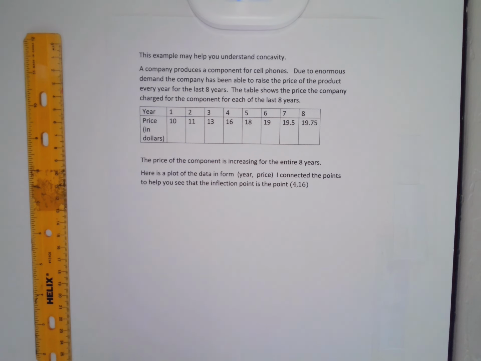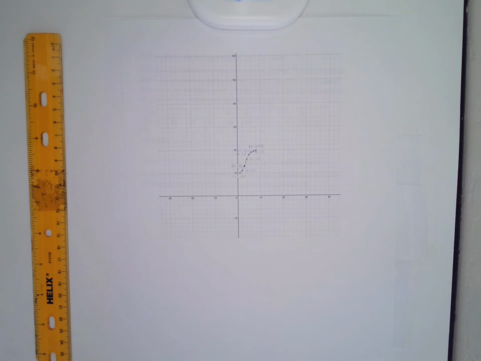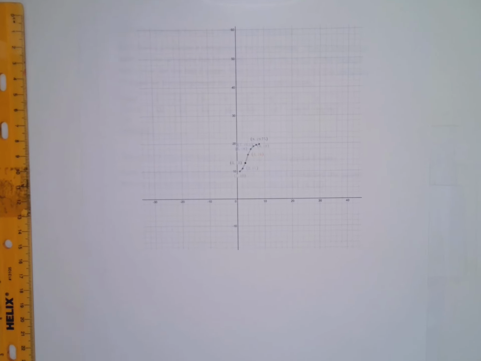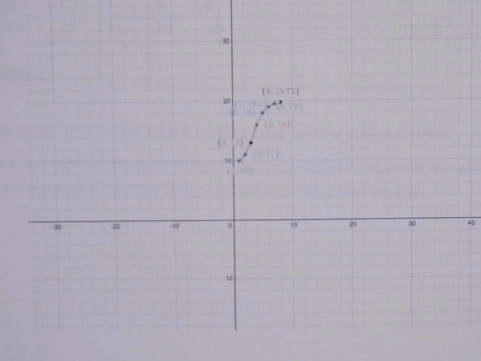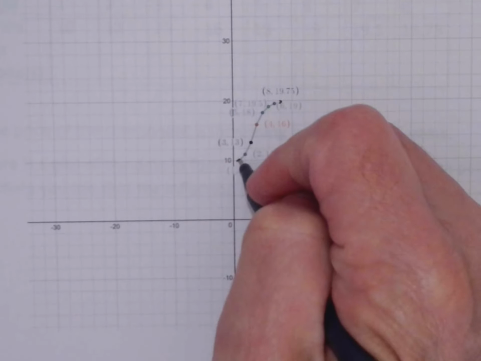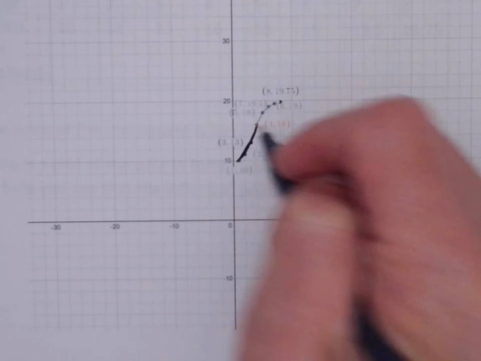Let me show you a graph of the function the best I can. I might have to zoom in. I had a really tough time getting these points to graph. So this is a picture of the graph of that data, and I had Desmos connect each point. So you can maybe see that the graph is increasing, and then for the first 4 years,